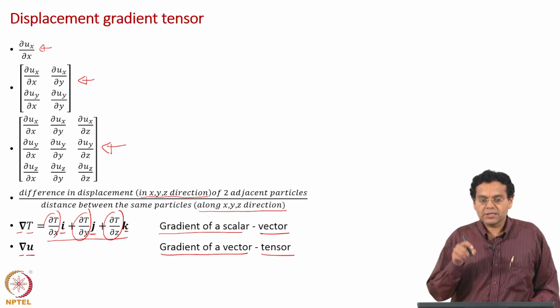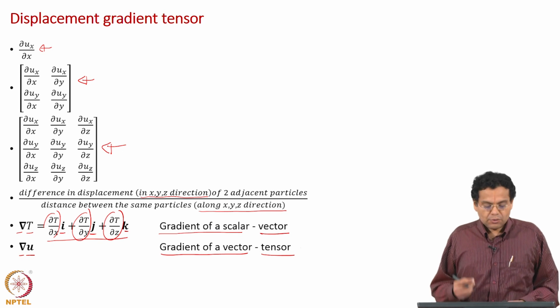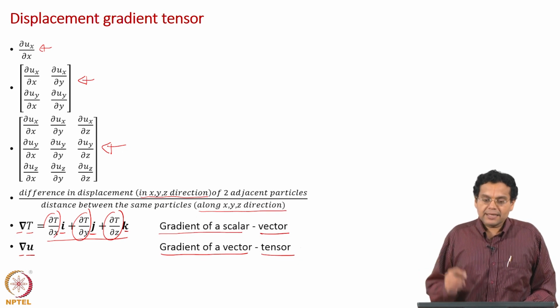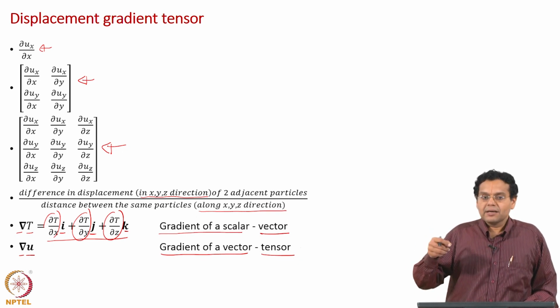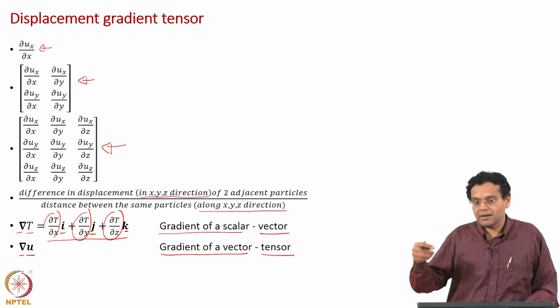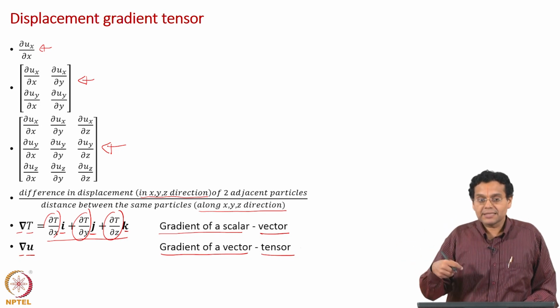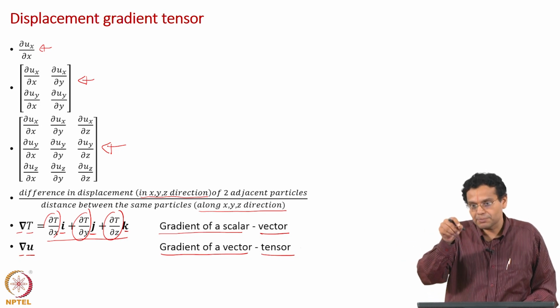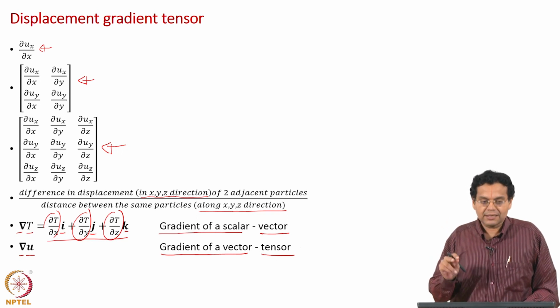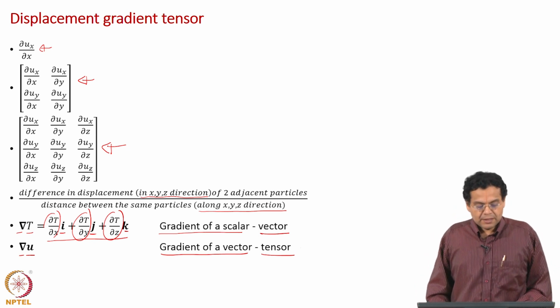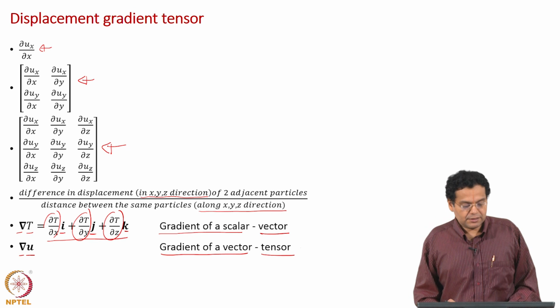The first direction is the direction of the displacement, x, y, z direction. The second is the direction of the gradient, the direction in which you are interested in the variation of the displacement. Those two directions result in a tensor. So, if you understand scalar temperature and gradient of temperature, it is easy to extend to the gradient of a displacement field, and that is the displacement gradient tensor.